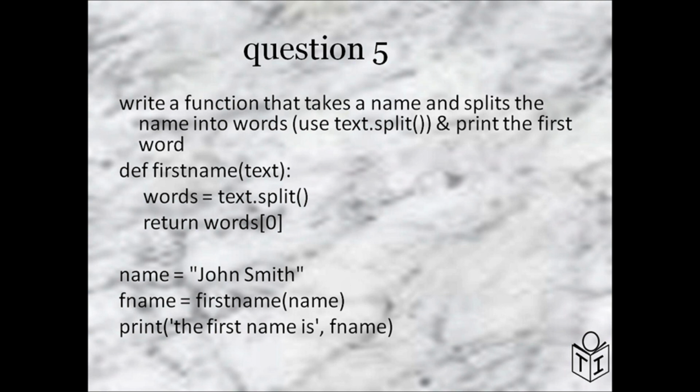In this example, we only need the first thing inside the list, which would be using 0 in square brackets. So the list called words, if we use words[0], is the first element inside that list, which is in this case the first name or the first word. So we return that, and finally the print statement